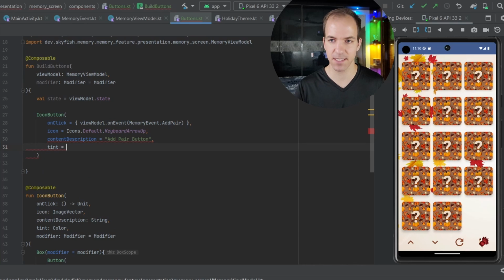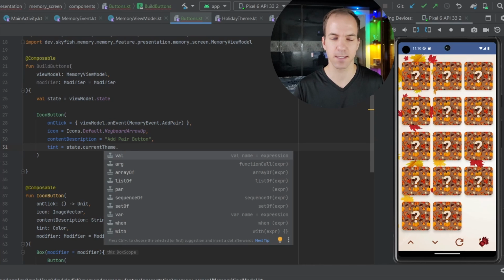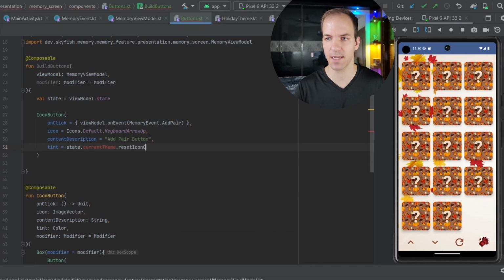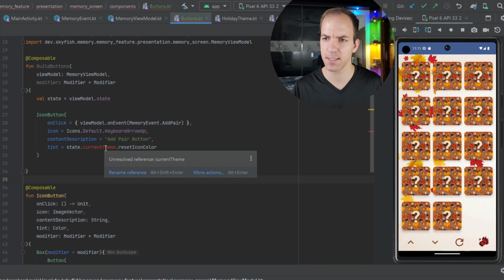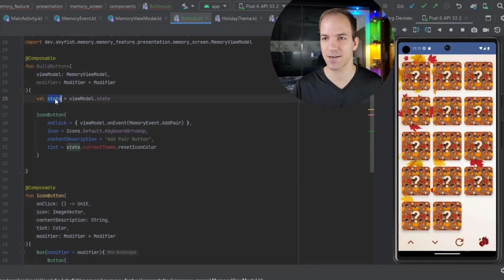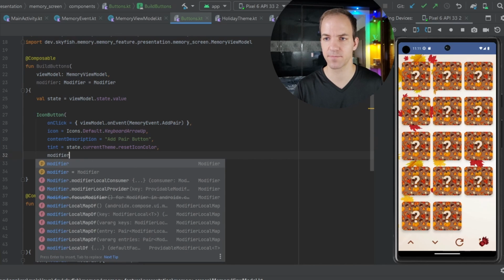And then I'm going to say tint equals state dot current theme dot, and this is going to be our reset icon color. So why is that not working? State dot, oh, of course, we can't set our state equal to state. What we really need is our state dot value. We need the value of that state. So we have tint equals state dot current theme reset color,